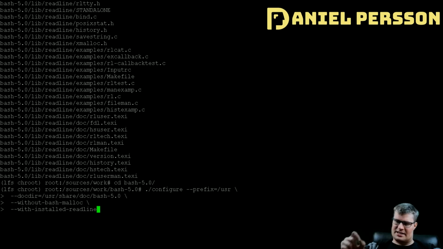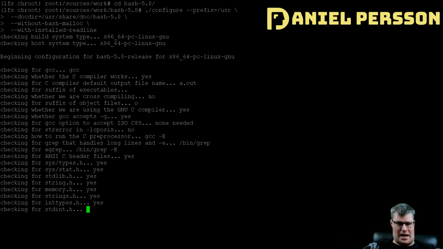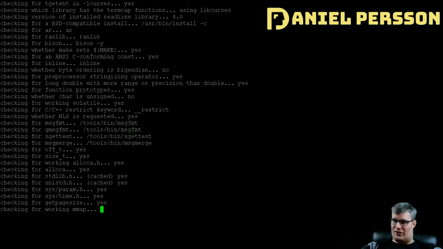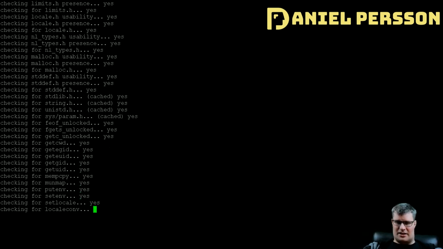So it actually has its own malloc introduced in there, but we want to use the system malloc, and we also want it to be installed with readline. That is, we wanted to use the readline that is installed in the system already, and not use the readline in the bash binary. So that's interesting that bash actually comes with both a malloc and a readline. So they have bundled in a lot of interesting